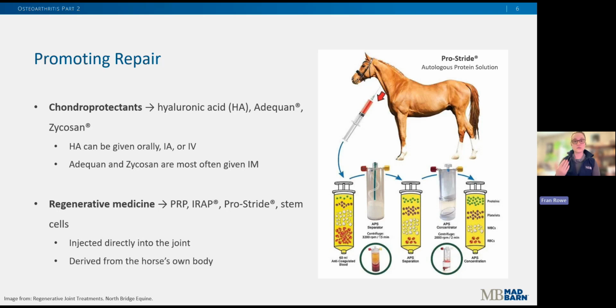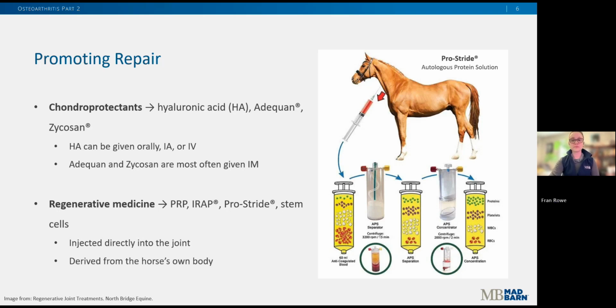So once that blood is drawn, it's going to be processed through a special kit that is going to isolate what I like to call the good stuff. So these anti-inflammatory mediators, growth factors, specific proteins, etc., that are all naturally circulating in the bloodstream all the time. They're just circulating in very small amounts. So the special processing helps to concentrate these factors into a much smaller volume, which can then be injected back